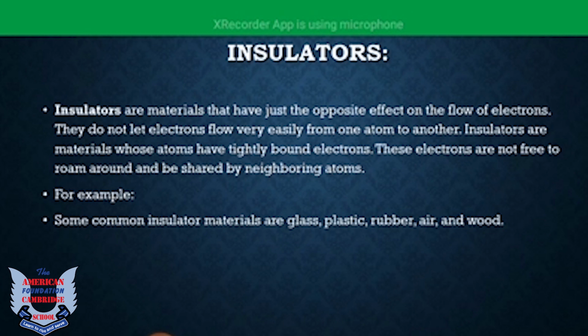Now, here is one more important question: why are metals good conductors, and why are all metals good conductors? Everything is made up of atoms and all atoms contain electrons. In insulators, the electrons are tightly held in their atom, but in metals, some of them are loosely held and they are free to move.